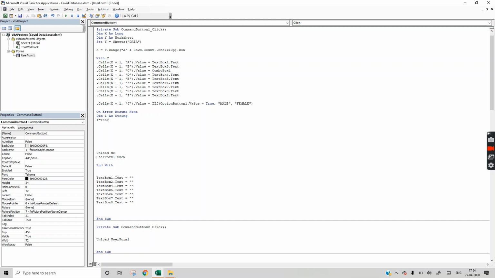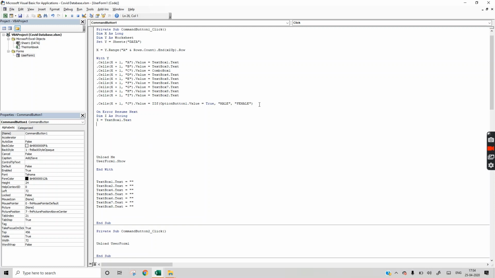So the ID comes in TextBox1. Then I is equal to TextBox1.Text. We will write the path here. Path is C.